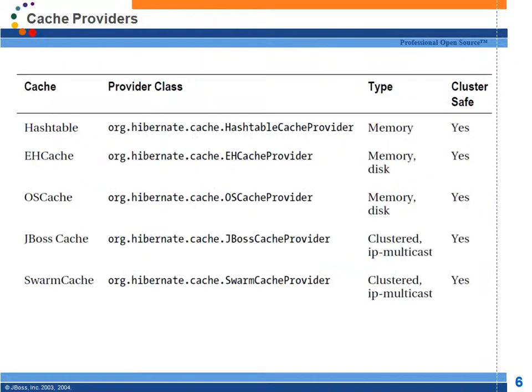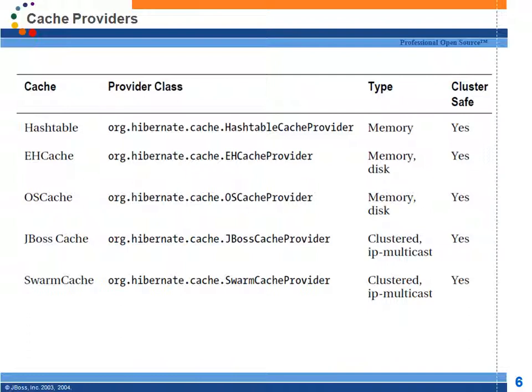Then coming here, second level cache. Hibernate uses caching providers. Hibernate does not develop its own caching system for configuring second level cache. It is using some third party caching system. There are a lot of pre-built caching systems already available in the market. So Hibernate integrates with one of the caching systems. Hibernate does not have its own second level caching system, right? Hibernate uses existing caching systems.